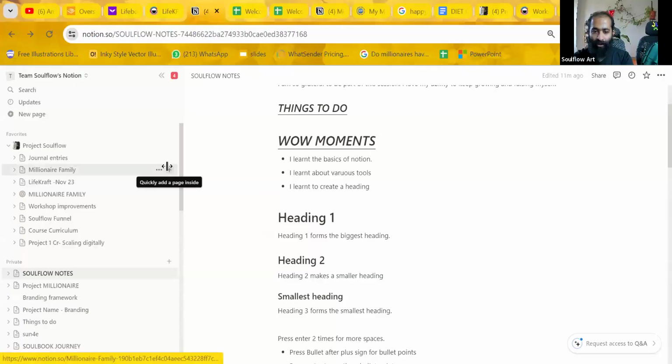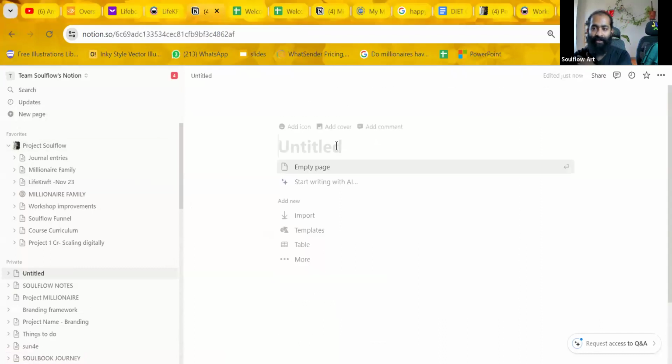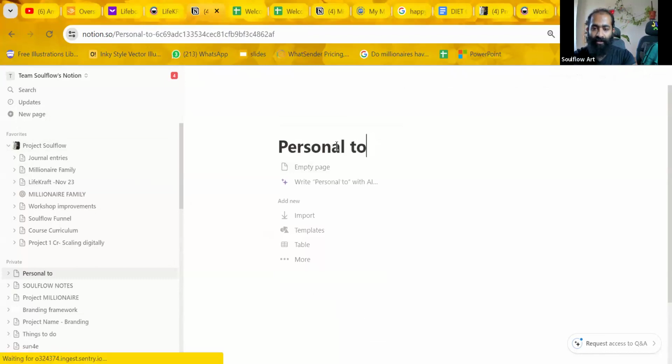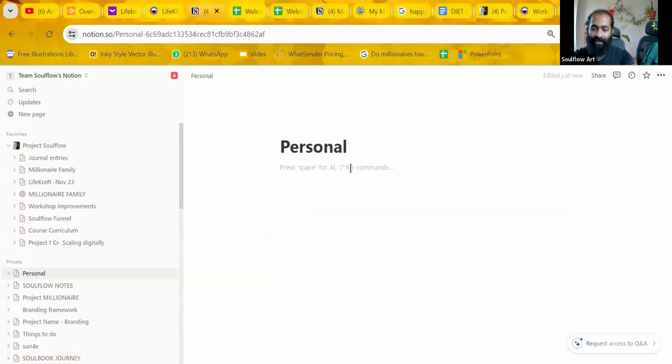For you to create more and more different categories, all you need to do is enter the plus sign and then enter the category name. I'm naming this category personal. I'm naming this personal. And in this personal,